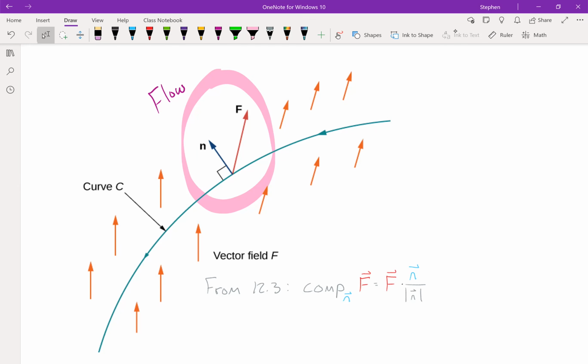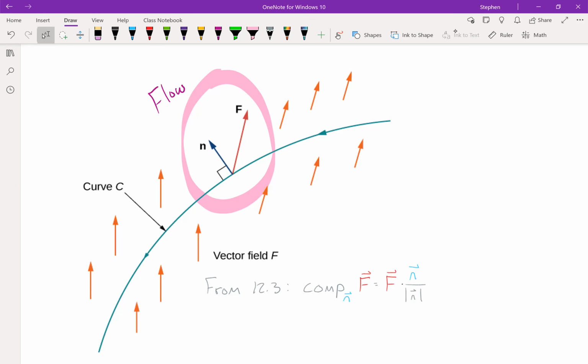So perhaps imagine this curve as a dam on a river. So our vector field represents the flow of the water in that river. And we've got this dam represented by the curve C. And the flow at any point would be a measure of how much of the flow of that water is passing through the dam versus deflecting off parallel to the dam. So if we look at the flow at a single point,